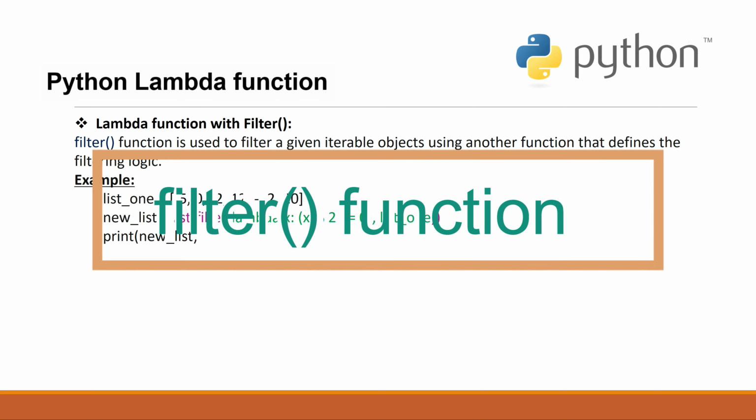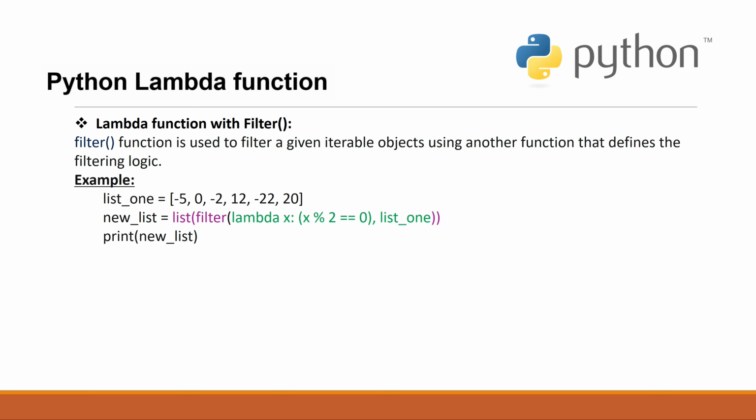How to use a lambda function with filter? Filter is a function which is used to return only true values. When the condition is satisfied, only then it will return the value. Otherwise, it will not return the value. That is the main concept behind the filter function. So in the example I have shown here, it will give the exact output the way we expected. We wrap the filter function with list because the iterable object is a list and we also wanted the output in a list. And this is the argument, this is a parameter and this is the iterable object,